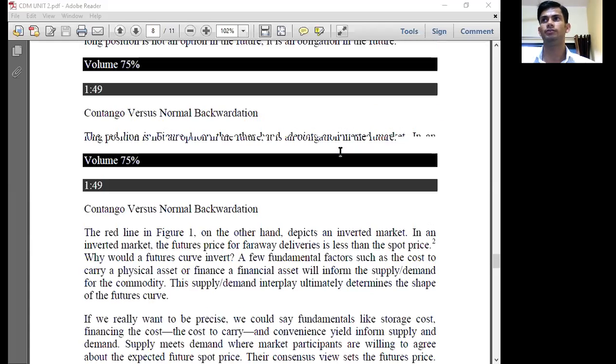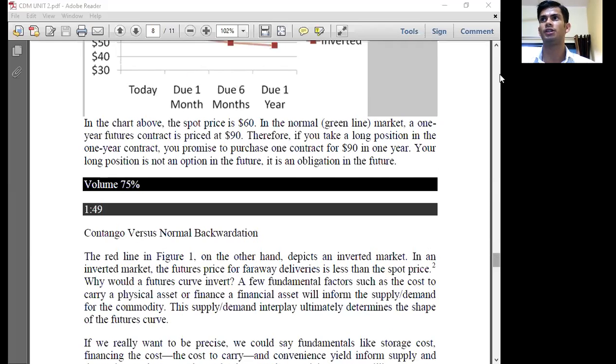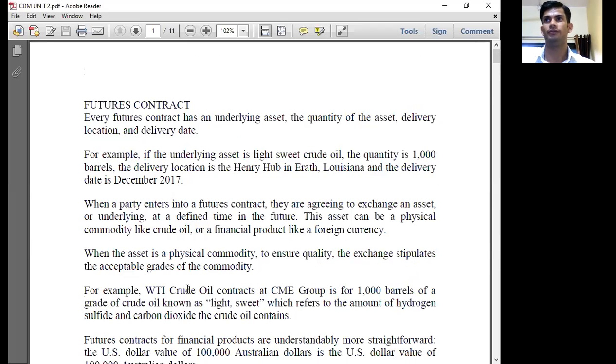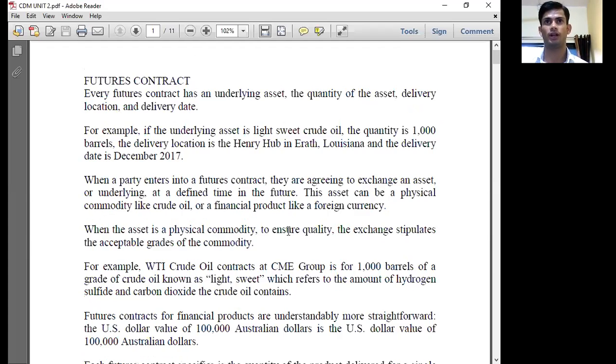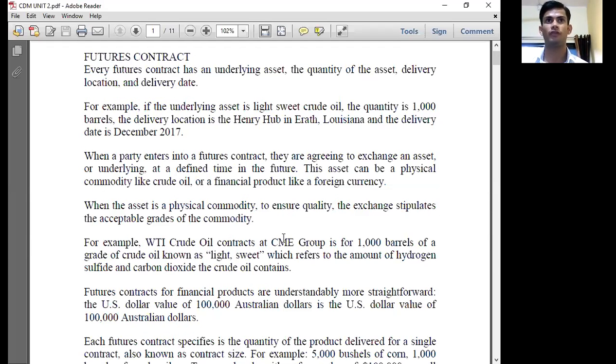Hello everyone. In the last lecture we studied the futures contract. In this futures contract we studied what a futures contract is, why it is used, and which main elements and equipment are used at the time of futures contracts. Then some examples of futures contracts, like the example of 1,000 barrels of crude